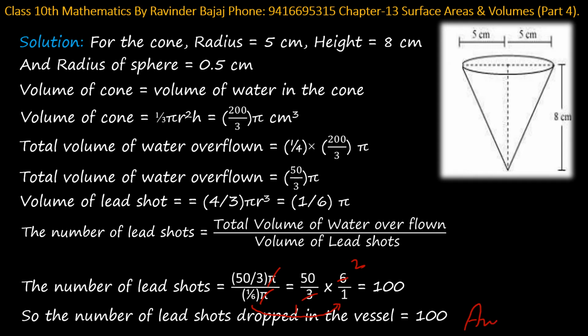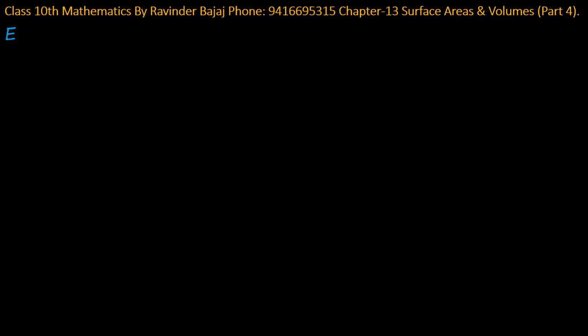In this way we can find how many small balls made up of lead are dropped into the water and how much water is coming out. This is the volume. Okay, which is 1/4 of the total volume of the cone. Hence this is the answer. Next question,